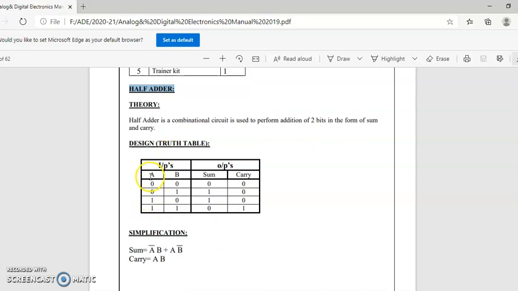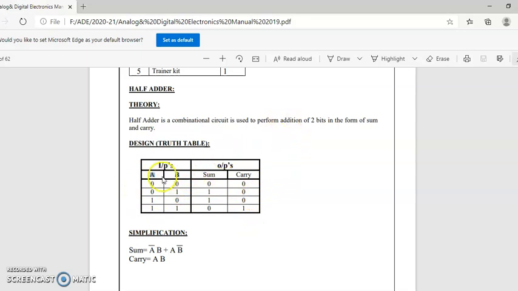The inputs are written here as A and B. When there are 2 inputs, how many different combinations of inputs are there? 2 squared: 2 is the base value and the exponent is the number of inputs, 2 power n, where n is the number of inputs. Since it is 2 squared, you're going to get 4 combinations: 0 0, 0 1, 1 0 and 1 1.